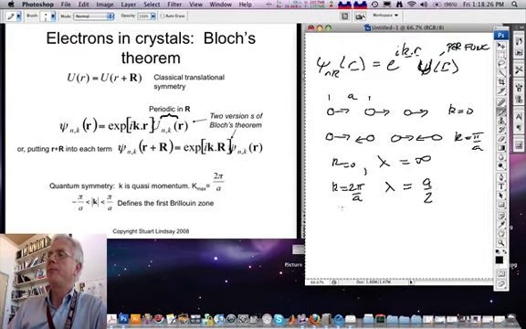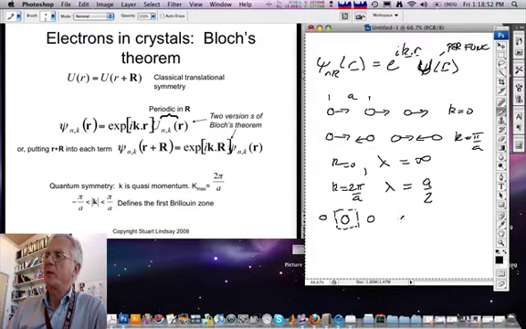So, what does this mean? What it means is the effect of putting all these atoms together in a crystal can be done by solving the quantum mechanics purely for one unit cell of the crystal, and then putting in the displacement relative to the neighbors now as a function of a parameter k that varies between 0 and 2 pi over a. This range of phase factors is called the Brillouin zone,